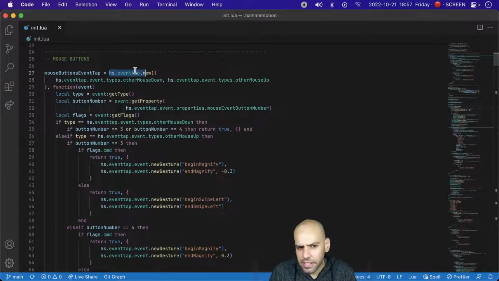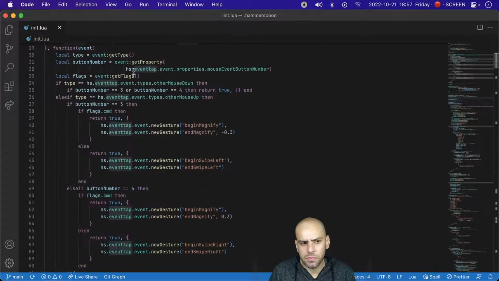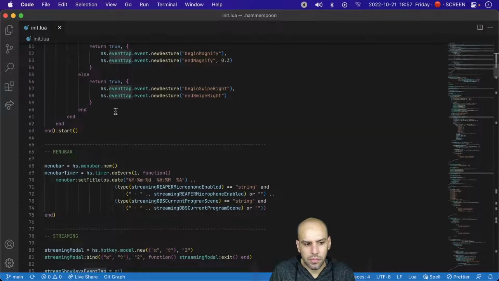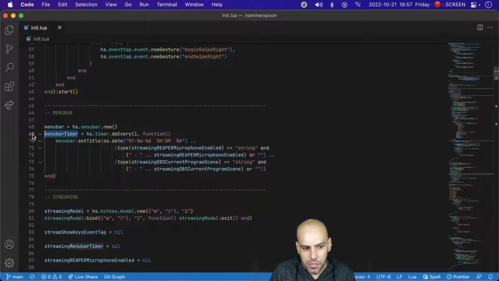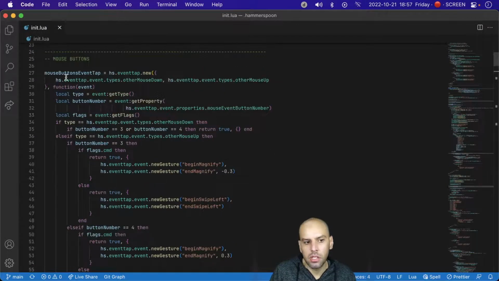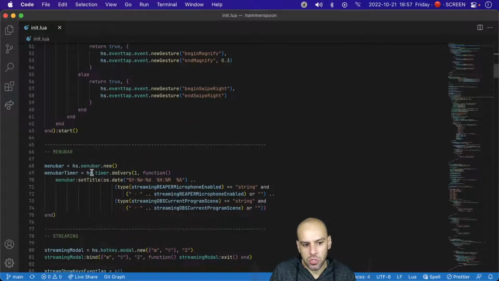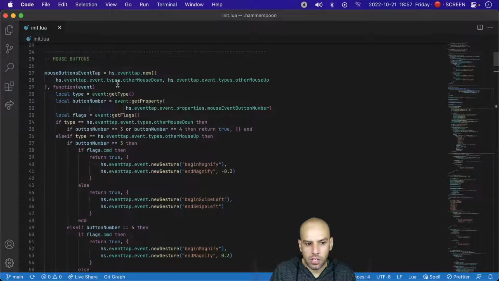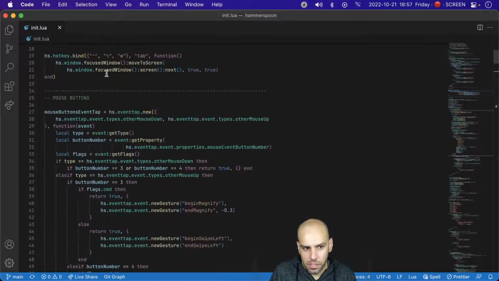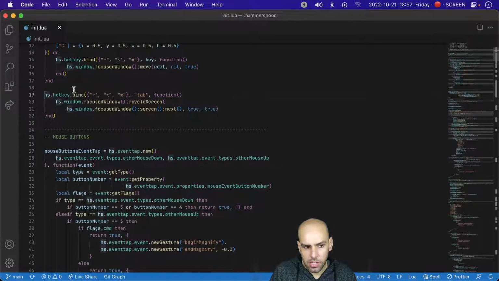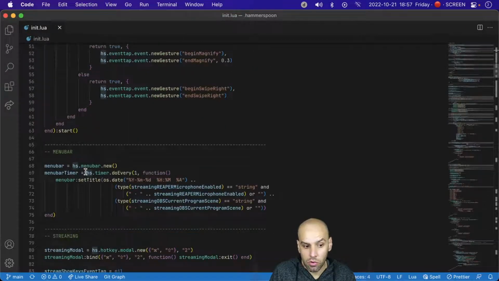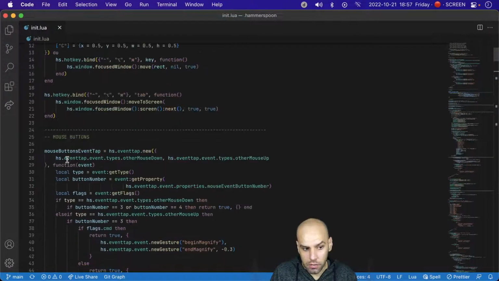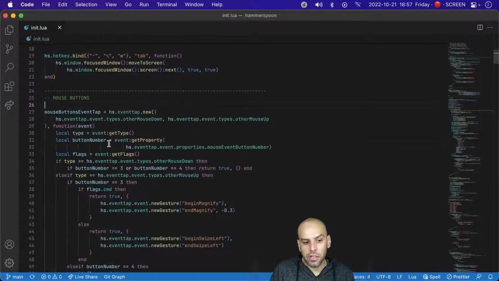I'm not sure if event tab is one of them, to be honest. I don't think it is. But there are some things like timers. Instead of reacting to your mouse, a timer is just going to do something on a schedule, like every second. There are some of these things. I know for a fact that binding hotkeys is not one of them, and I know for a fact that timers are one of them. I don't remember about event tabs, so I put this here just to be sure. But the thing is,